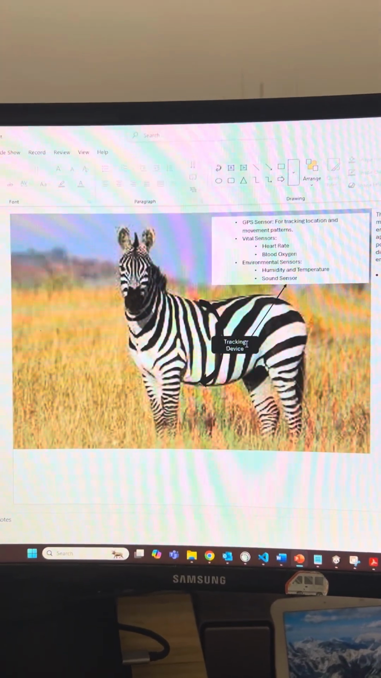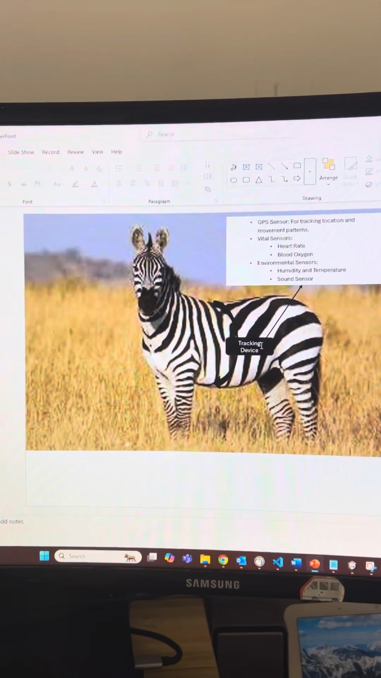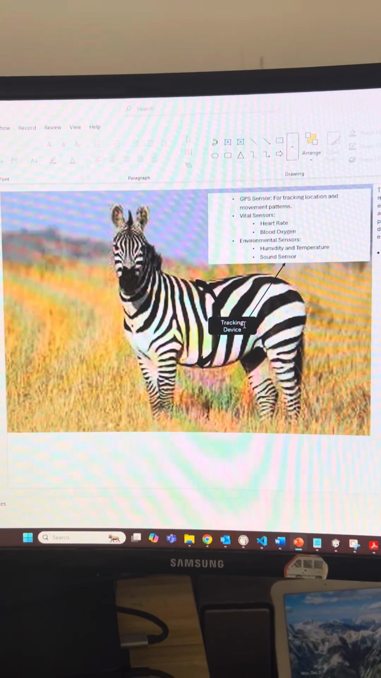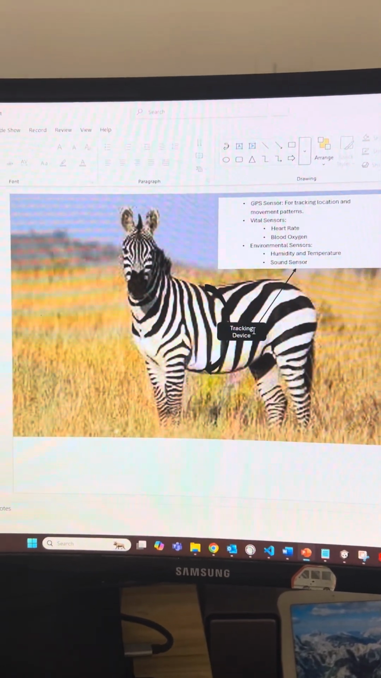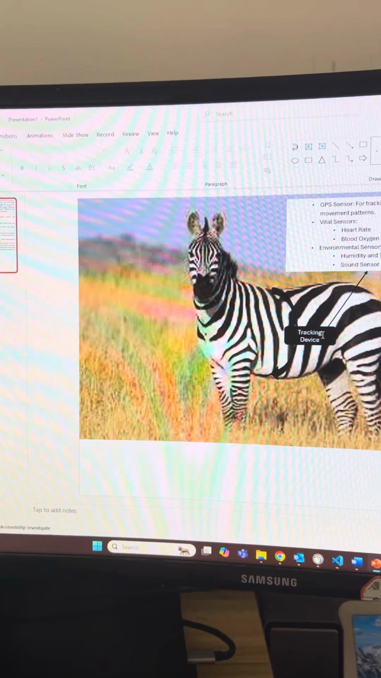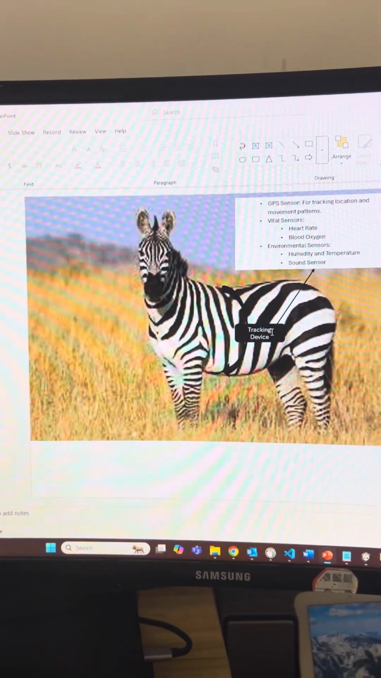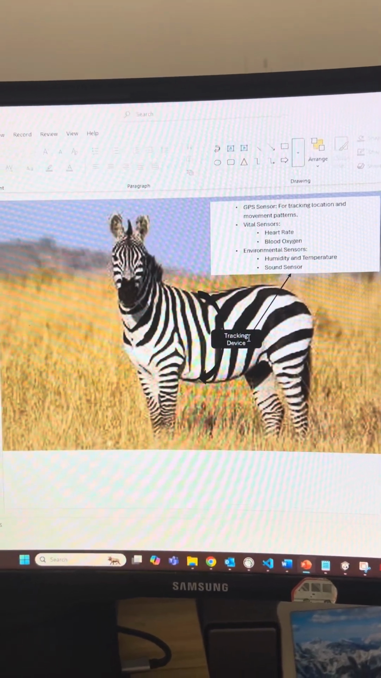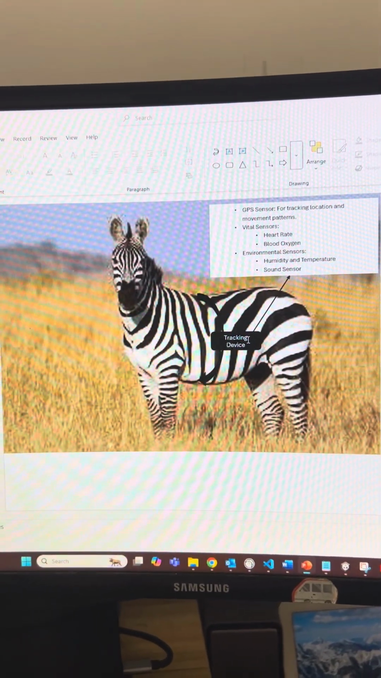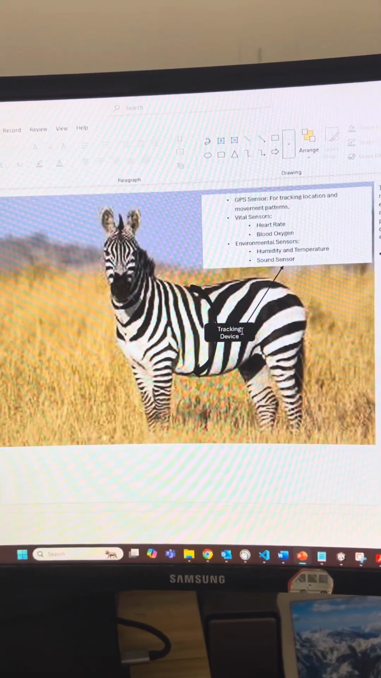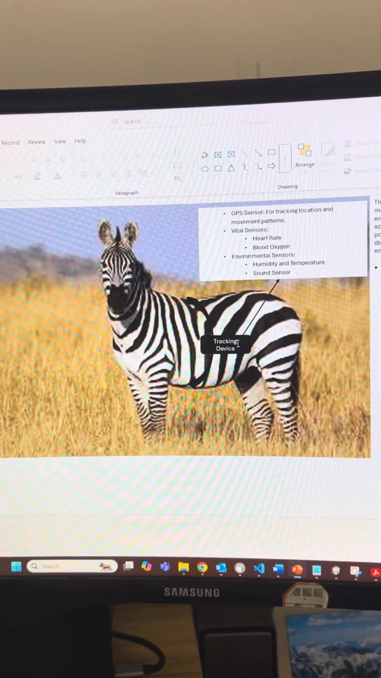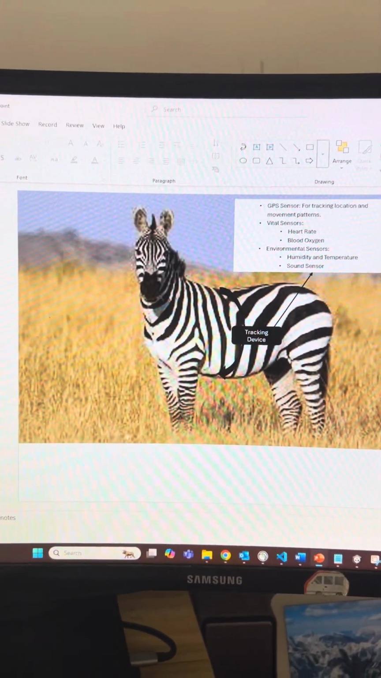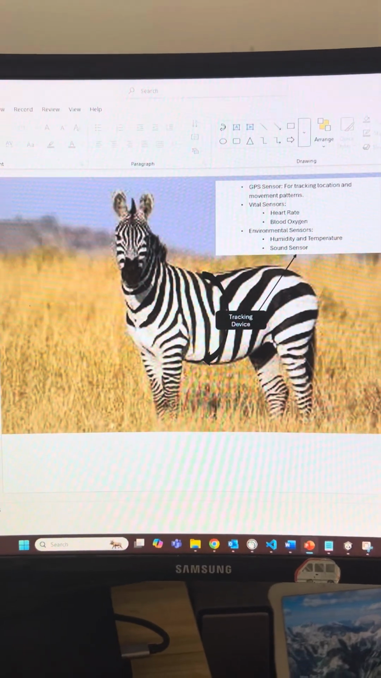So I plan to put the GPS to track where these zebras will travel. Secondly, we will monitor the heart rate and the blood oxygen rate. So with the GPS data and all this, we can track whether there's any animal threatening these zebras. And we also want to track the environment sensors like temperature, sound accordingly. So all these we want to put in the zebra. Okay. So this is the section